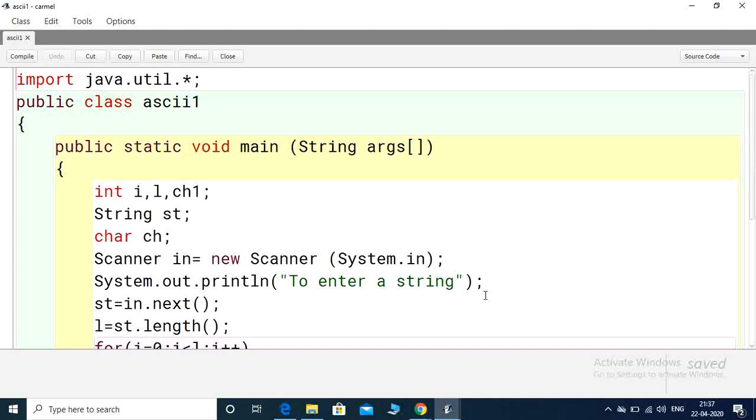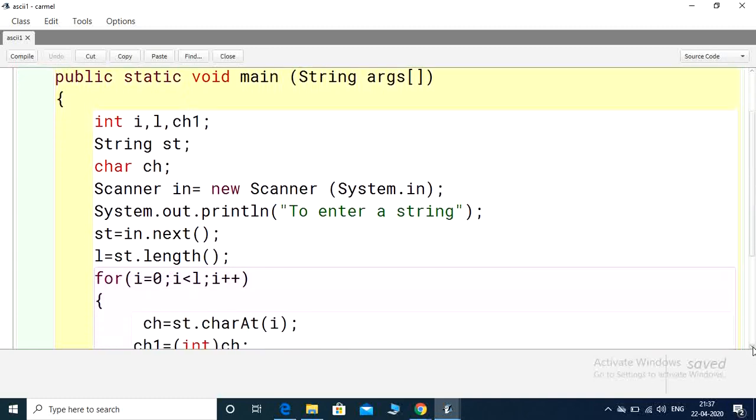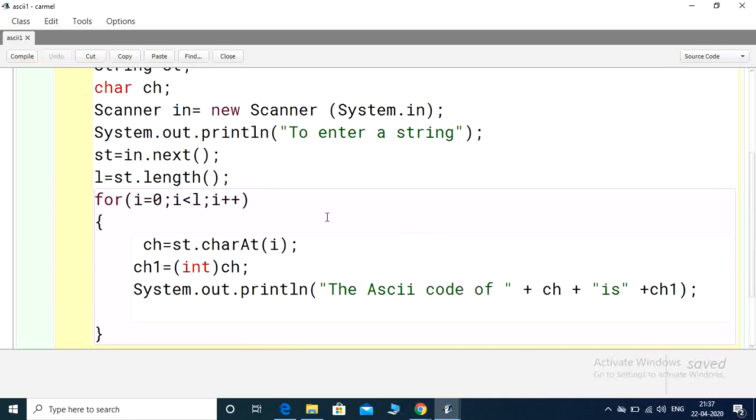Here the user enters a string, and it's stored under st. Now the second step, finding out the length. Now for i equal to 0, i less than l, i plus plus, ch equal to st.charAt(i). This process is already explained. Now we'll compile this program.